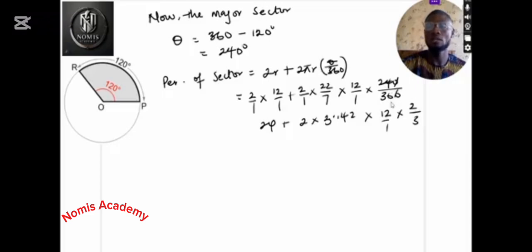If you divide again, you have 2 here 2, and you have 2 in 6 to be 3. So this 240 over 360 in its lowest term is 2 over 3. So I can as well say 3 here 1 and 3 here 4. So now I have 24 plus 2 times 3.142, that should be